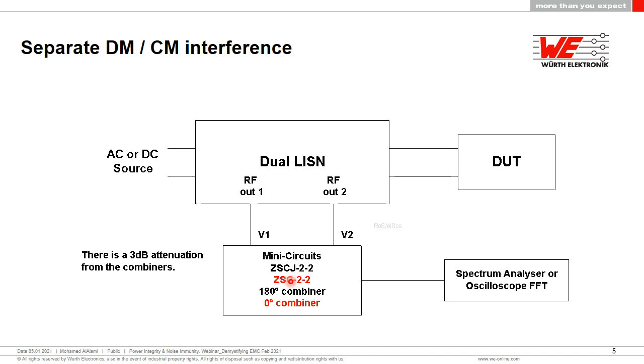In this case, of course, you'll be introducing a 3 dB attenuation for the combination of the two. But the advantage of this is it gives us the output as a common mode or a differential mode, so we can see both common mode noise as well as differential mode noise coming out